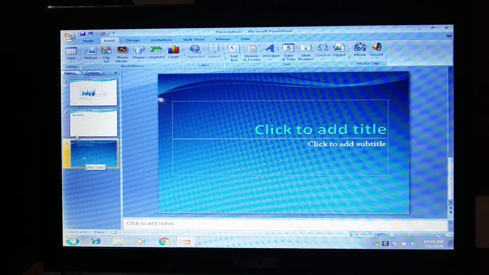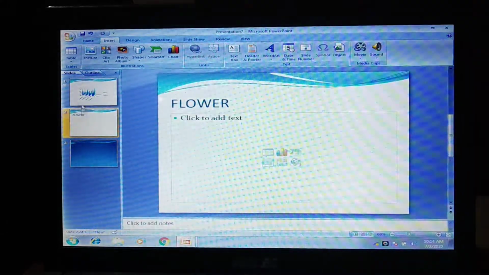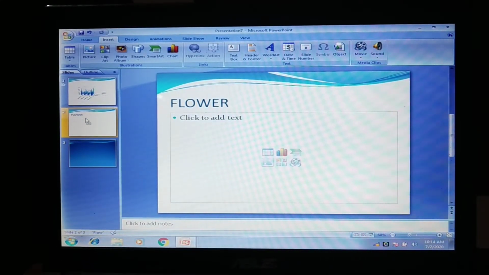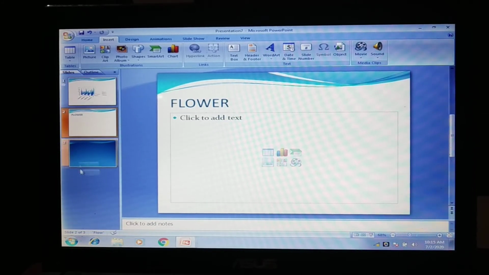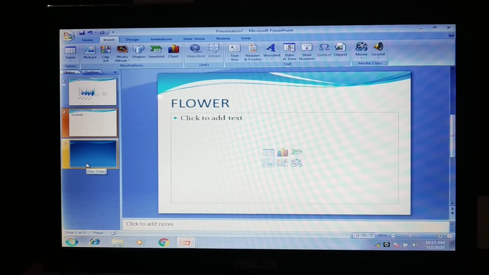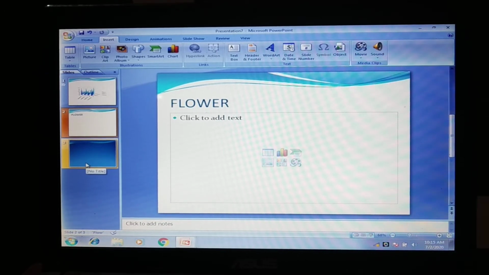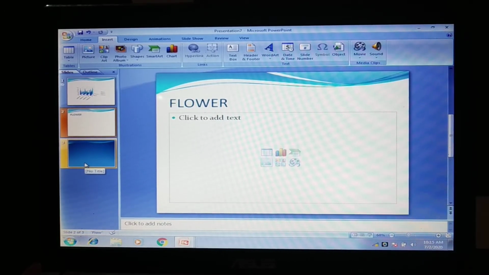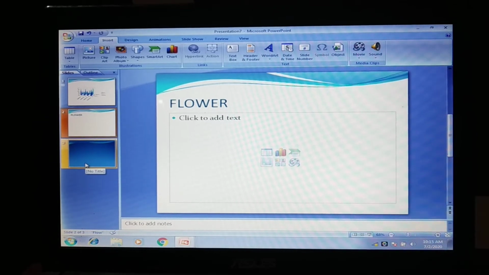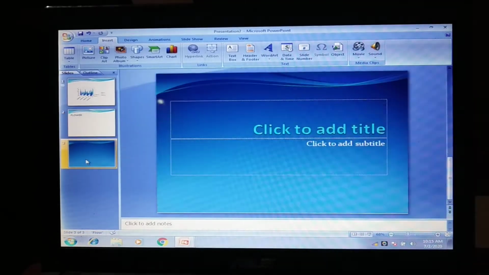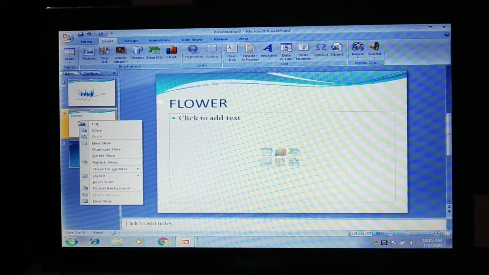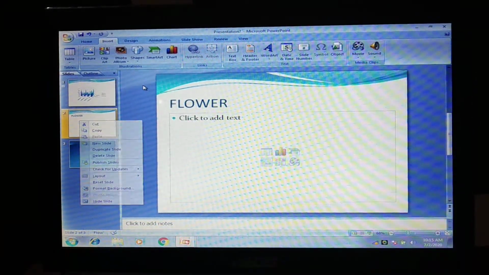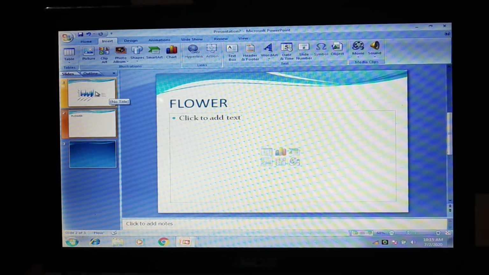Now slide 3 goes to the second position, the second slide goes to the first slide position, and the first slide that was there beforehand comes down and becomes the third slide. This is how we can move the slides and organize them in a proper way. There are other ways also. See, from the mouse, take the arrow on the slide.